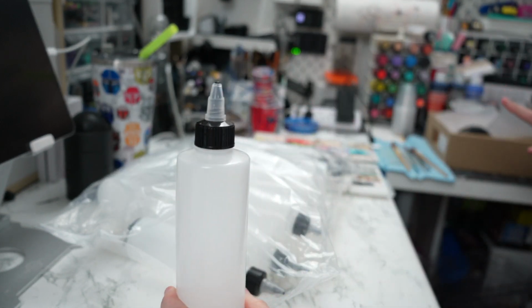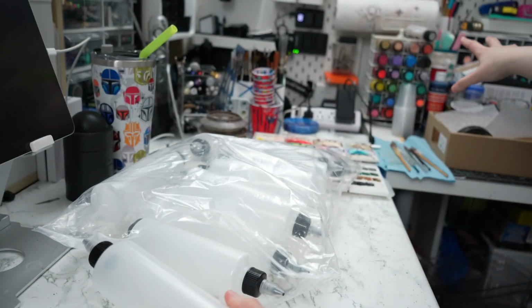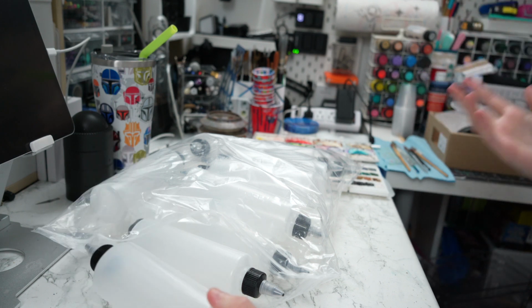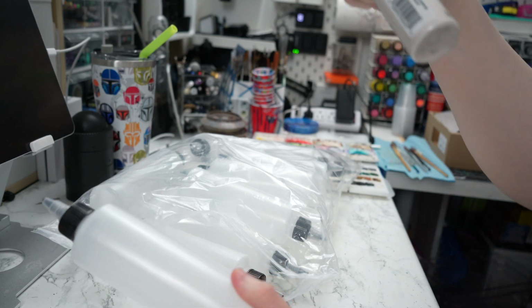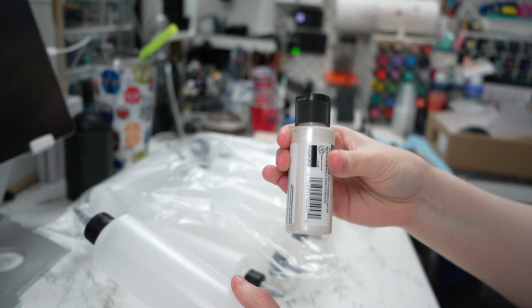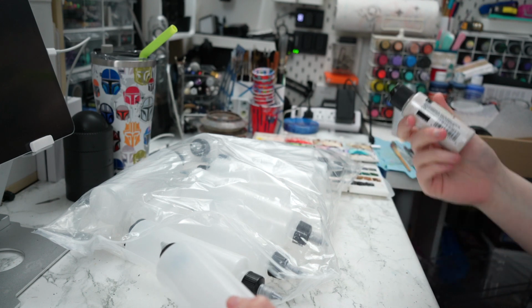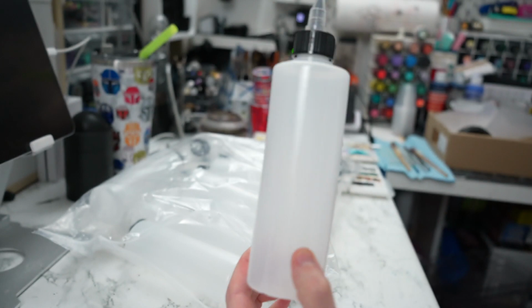I do have some, it's not those ones, but it's in an organizer like that. I have one that is pre-mixed poured colors, but they're in this size of tube. This isn't one of them. So what is this, 2 fluid ounce? Yeah. So I have small 2 fluid ounce colors that I use when I'm pouring, when I don't want to mix up a lot of one color, but I want a lot of colors in bigger quantities